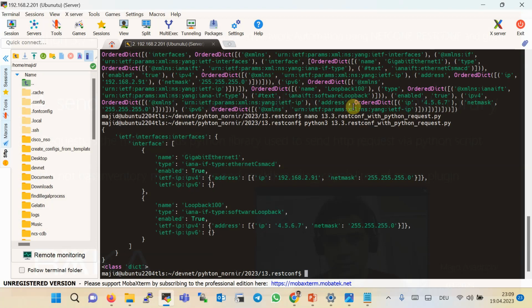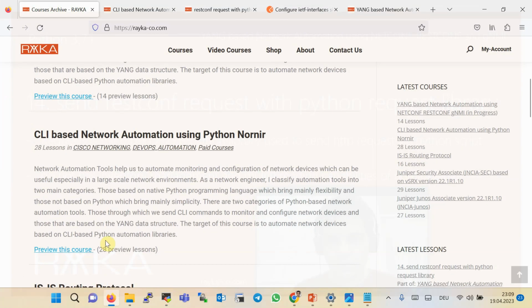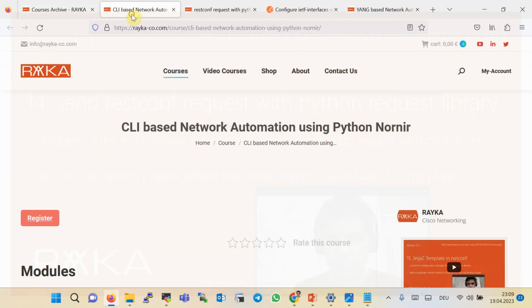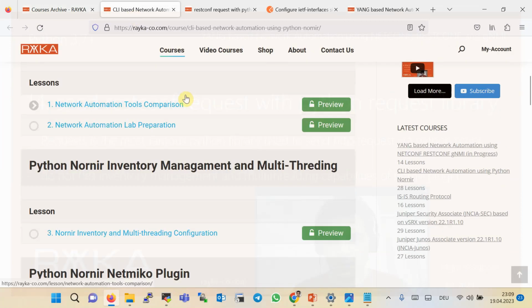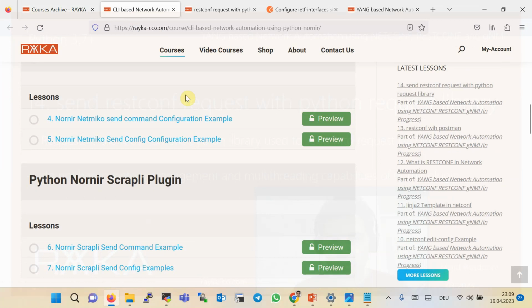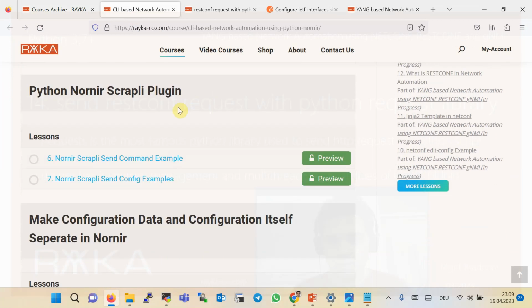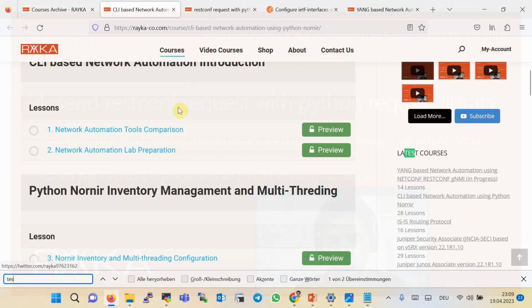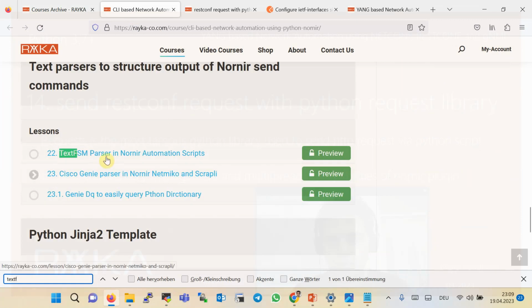We have already discussed this topic in the course CLI-based network automation using Python Nornir, in the output of TextFSM and Genie parser, which give us dictionary output. We have already discussed how a dictionary can be processed in the Python script. In our script,